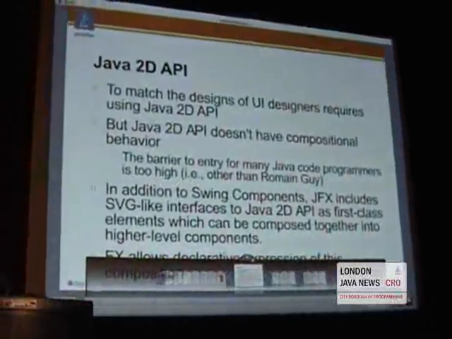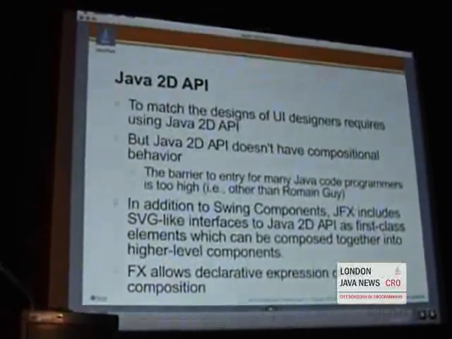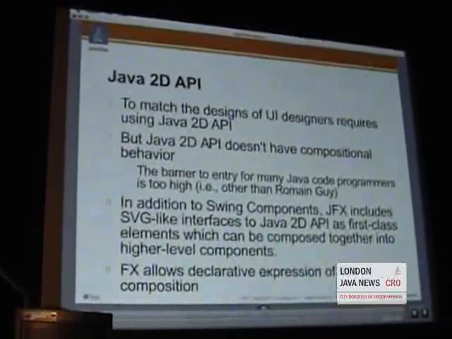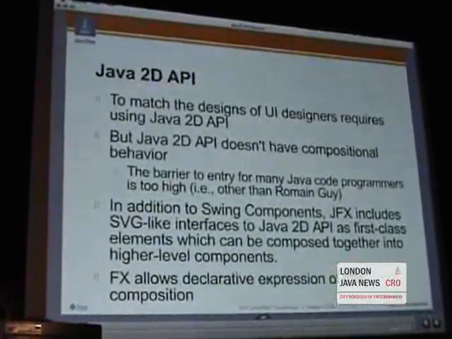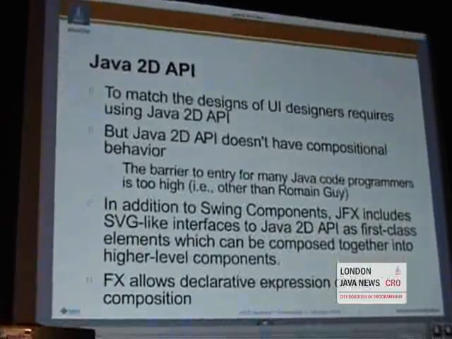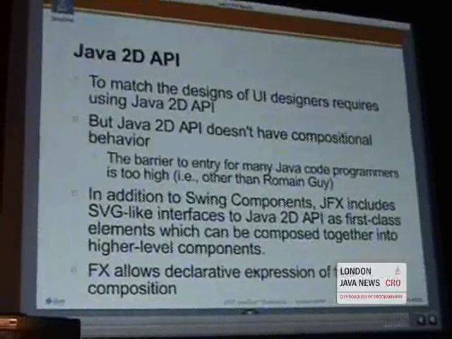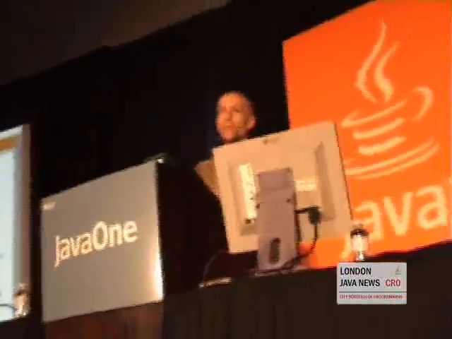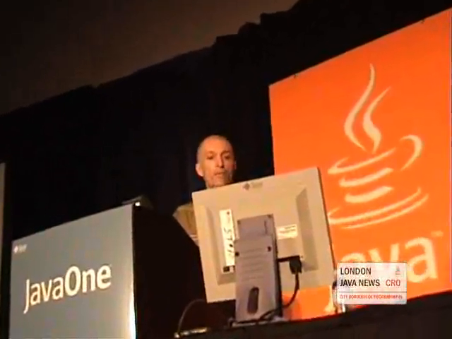Okay, so as I mentioned, to match the designs of the UI designers, you have to use Java 2D. But Java 2D does not have the compositional behavior like AWT does. And as a result, from my observations, the barrier to entry for many people to try to use it is high. Of course you can override paintComponent on your Swing component and use Java 2D to paint whatever you like. But then when you want to try to hook that together with other such custom Swing components, there's no functionality to do that. So what JavaFX does is it provides a